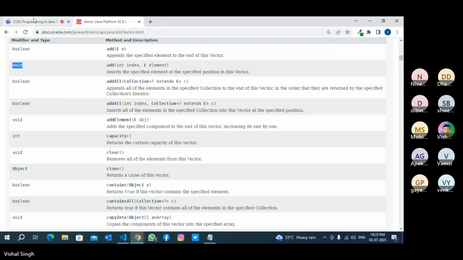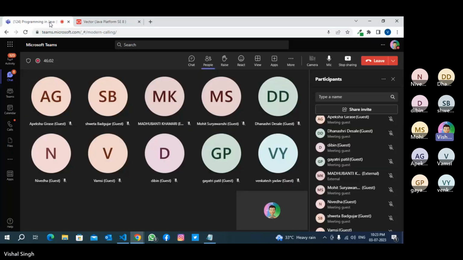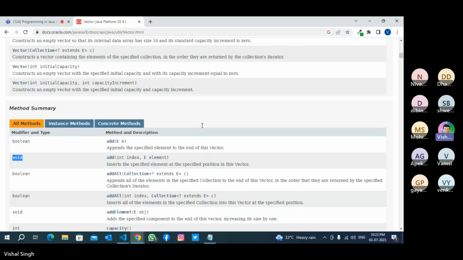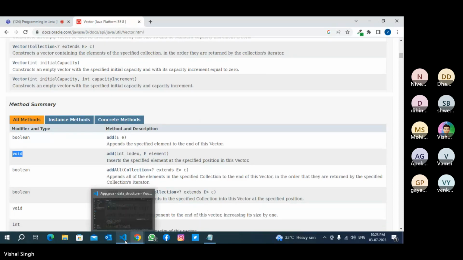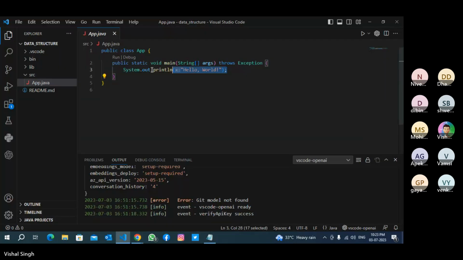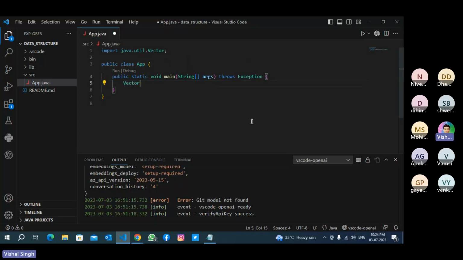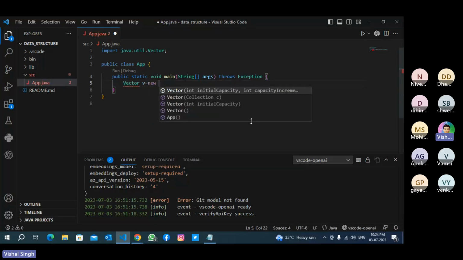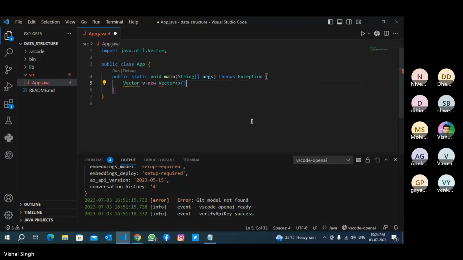Okay, so see, Vector v equal to new Vector.